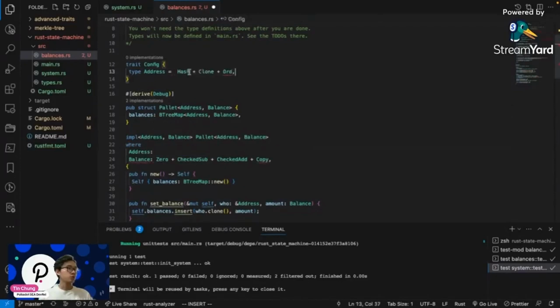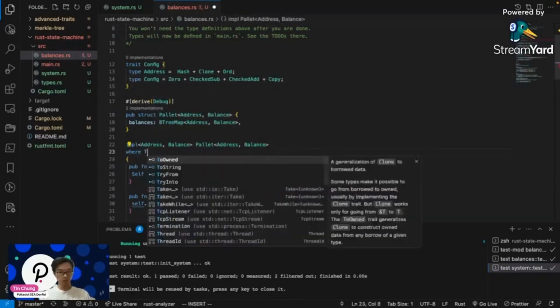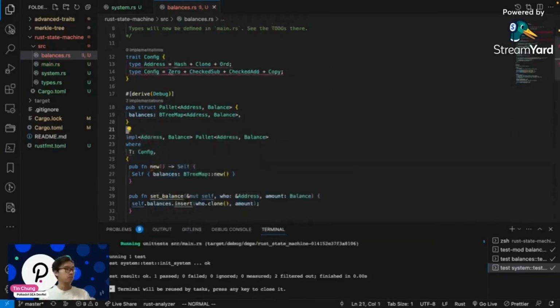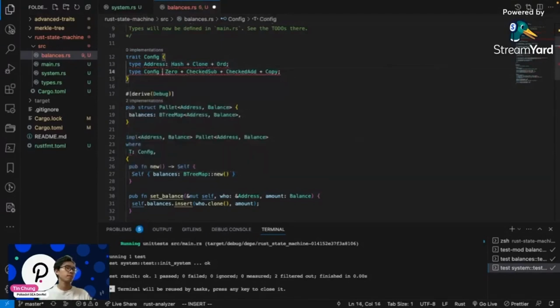In this way we can share between our pallets instead of just purely doing something at this moment. Type. We infer the address from